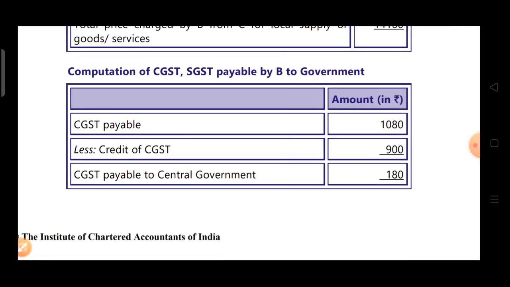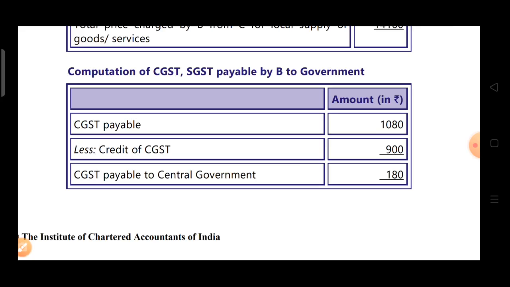Manner of utilization of input tax credit, I think you all will be able to recall that provision. In that we discussed that IGST credit will be utilized for payment of IGST first, then it will be utilized for payment of CGST or SGST in any order. Then SGST credit will be utilized for payment of SGST, then IGST. Then CGST credit will be utilized for payment of CGST, then IGST.